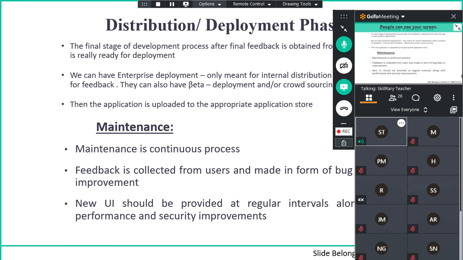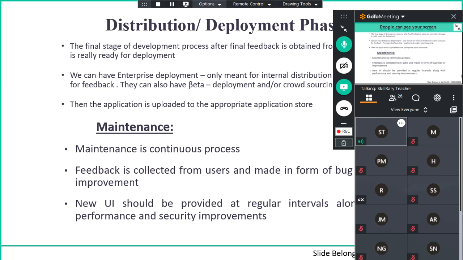Here the application will not be distributed to everyone in the world. Suppose you take the WhatsApp example, for WhatsApp you can become a beta test engineer. So you will get one update, and for production people, they will get another update. First the distribution will happen internally in the company. The company people will start testing the application. For example,